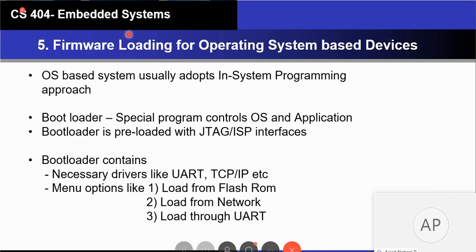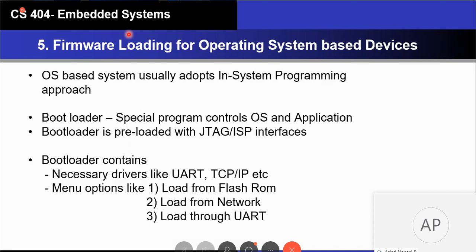Now we'll see the method for firmware loading in an operating system based embedded system. That means an OS based device. There will be hardware, there will be an operating system, and then the features we implement for that embedded system are on top of the operating system.